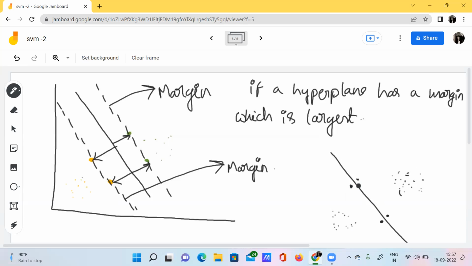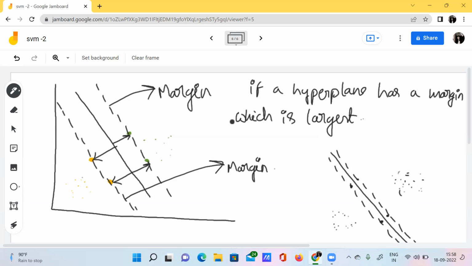So what would be the margin of this hyperplane? So this will be the margin, right? Usually, in the usual case, you will think that this would be the margin, and here this would be the margin. The margin should pass through the closest data points of that category. So you think this would be the margin, so then we can call it a maximal margin hyperplane, right? But no, that's not the case.